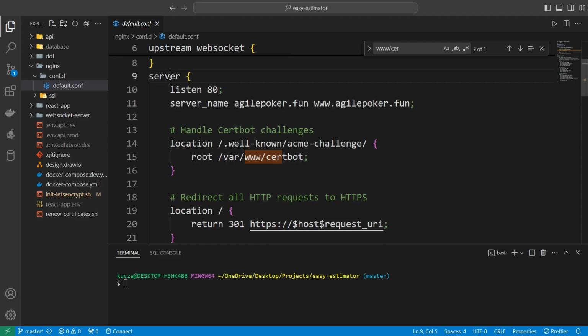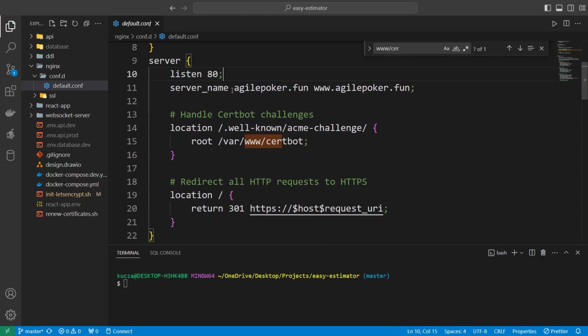Now, to define our servers, first off, we need to listen on port 80. This is for HTTP traffic. And here you have to place your domain names. These are my domain names, of course. Now, this is very important. You need to configure this so that you